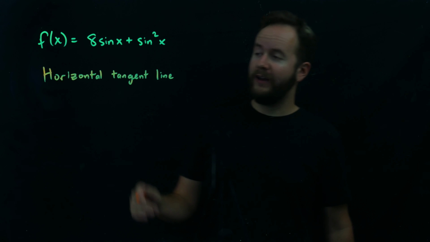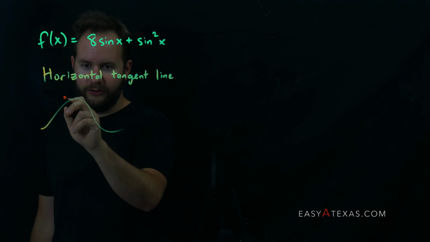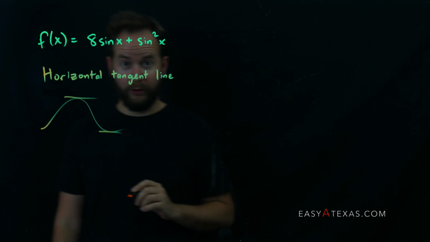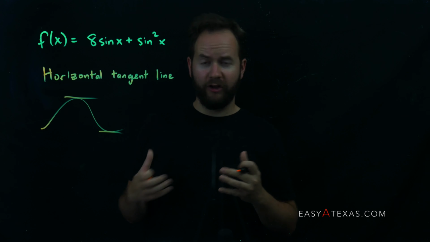For this problem, we're finding the values of x that cause horizontal tangent lines for this function. Now, what is a horizontal tangent line? Graphically speaking, a horizontal tangent line is where the graph goes horizontal very briefly. But how can I determine that algebraically? With calculus, you take the derivative and set it equal to 0, and then find the values of x that